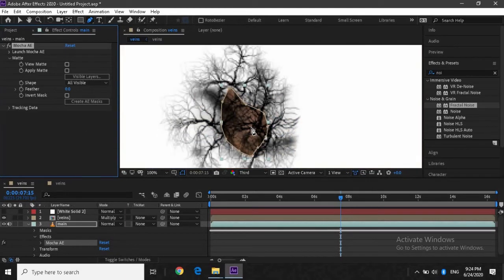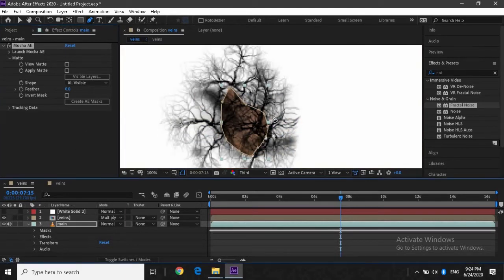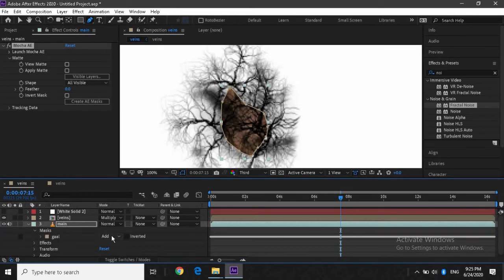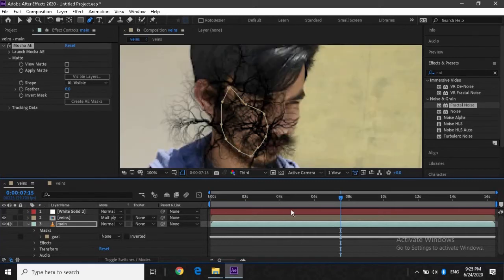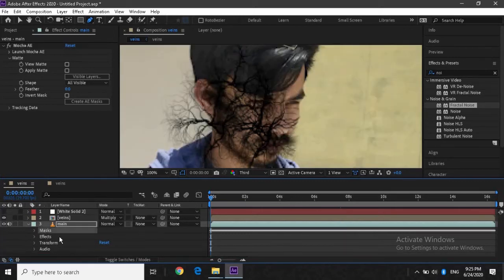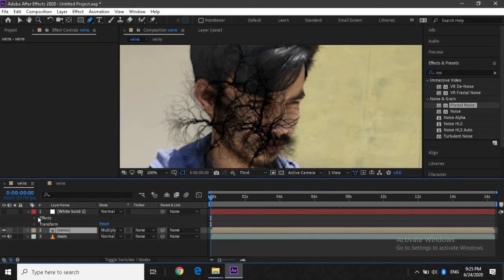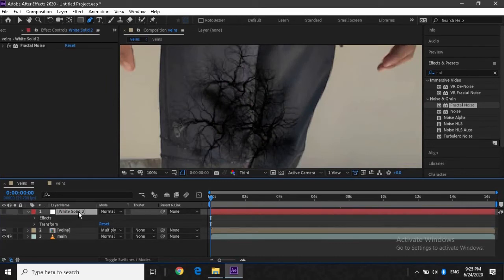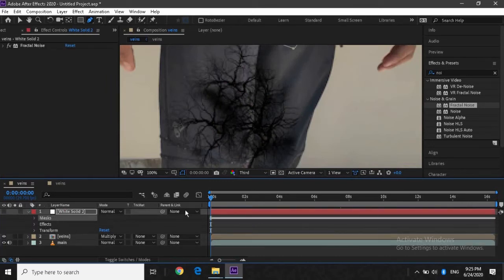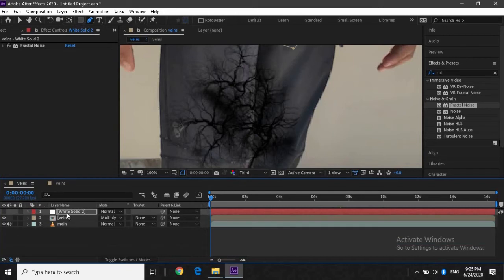Now look at this, a mask is created from what we have dragged. Now go to mask and set it to none. After doing that, go to the first frame, copy this mask, and paste it in the noise.